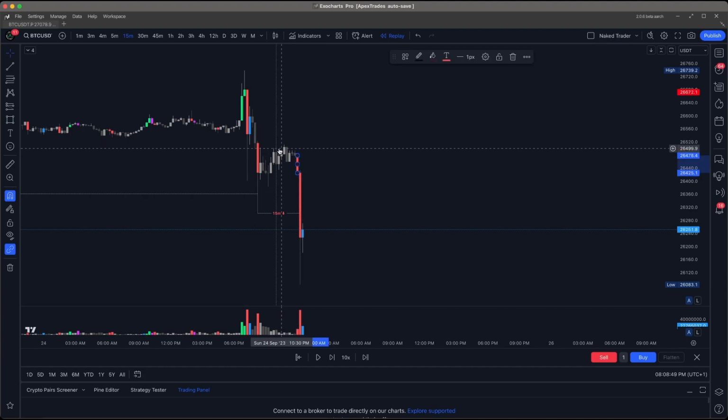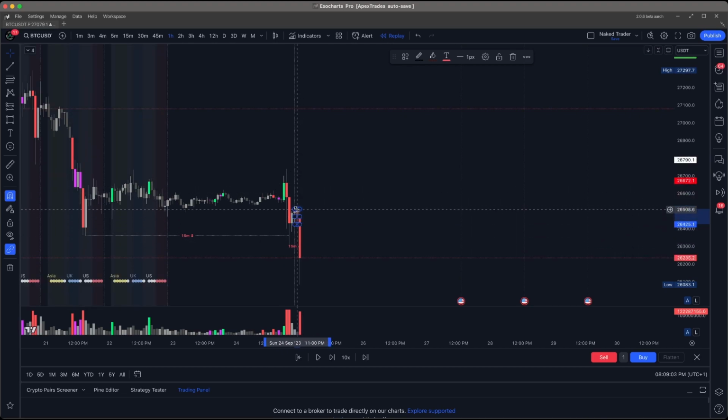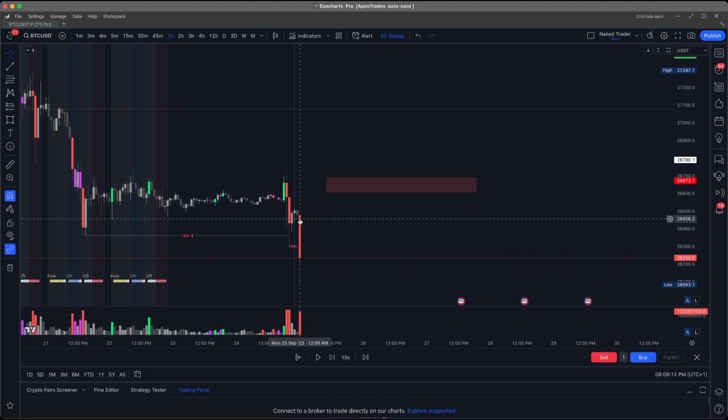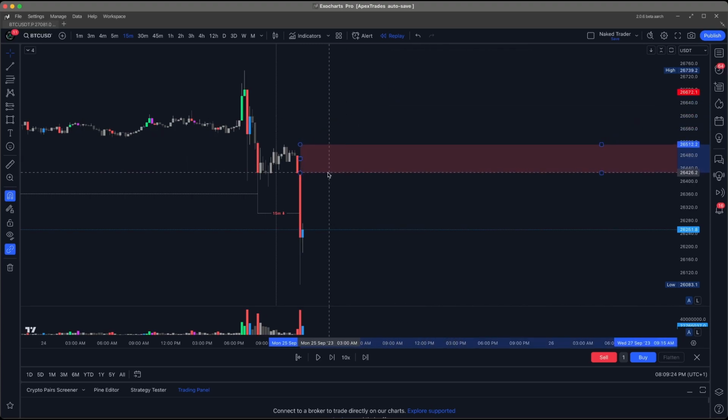Because of the way we've got this congestion here, and to give myself a bit more room to move, I'm going to raise it to catch those candles as well, because I'm assuming if I go to the 30-minute or the 1 hour, you see it's more of a single candle. Sometimes to figure out where that is, you want to make sure you've got that additional time. If it's not clear to me on the 15-minute, and I do this automatically, you don't need to go up to these other time frames. You can see there's the imbalance here, but you've got that initial one. I'm just going to capture these as well, because you'll see why it's important as we go on.